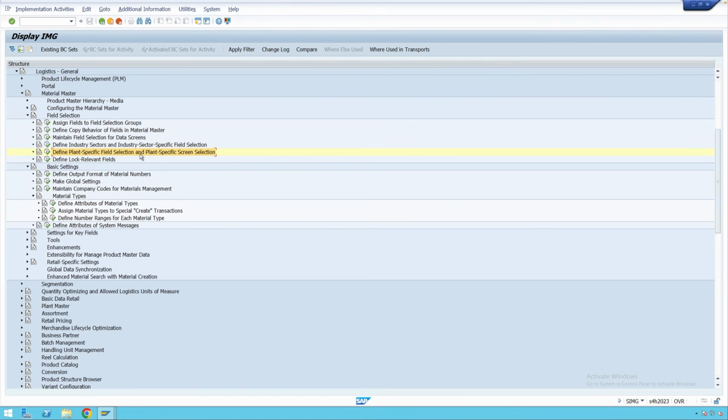So in this way, I have shown you how you can create your own field reference, and then how you can assign it to those three influencing factors, that is your material type, industry sector, and plant code. Okay. Now, if you want to verify whether that particular field reference has been assigned or not, then we can